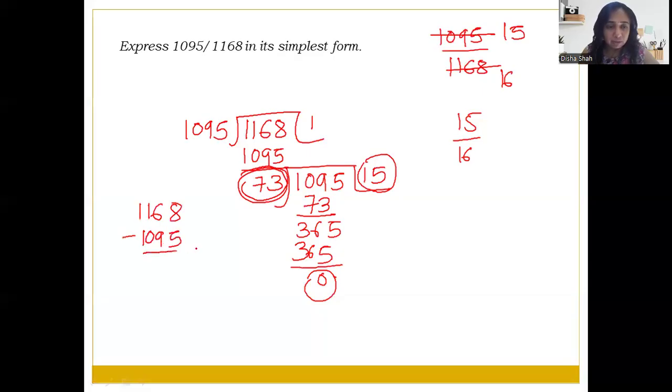हाँ, इस टाइप के क्वेश्चन में आप ऐसा भी कुछ कर सकते थे कि 1168 माइनस 1095 कर दो, सो दिस इज 73, यानी कि इन दोनों के बीच का डिफरेंस 73 है। इट मींस दैट इफ 73 is divisible by 1095, then 73 has to be divisible by 1168 also. In this way also you can get the answer।